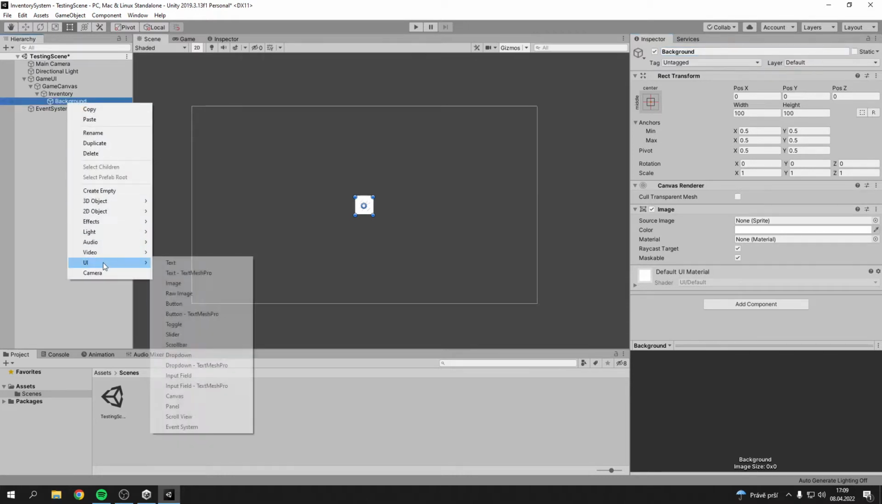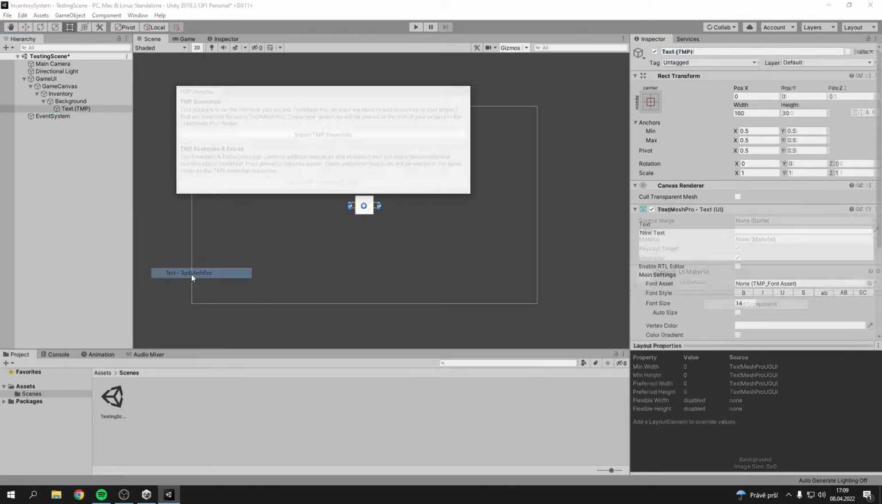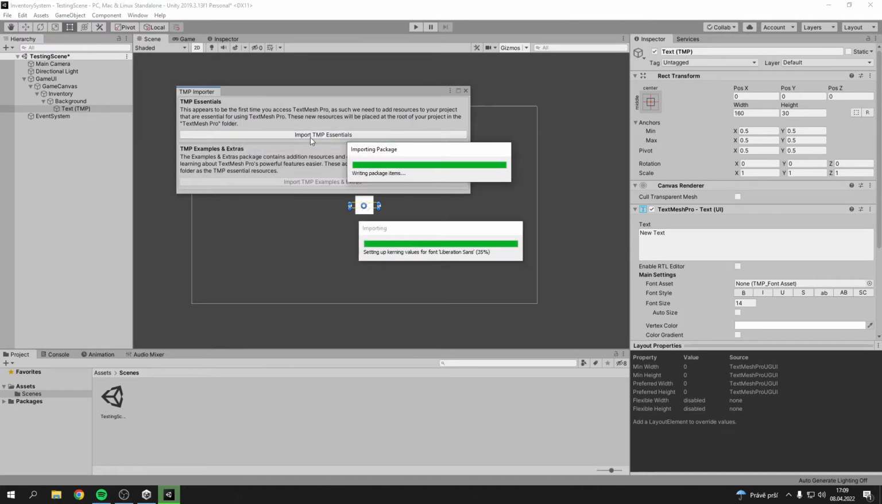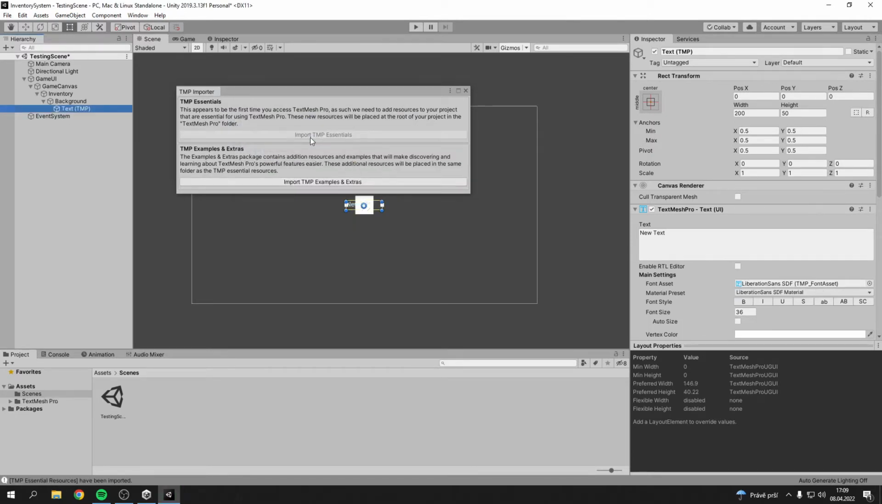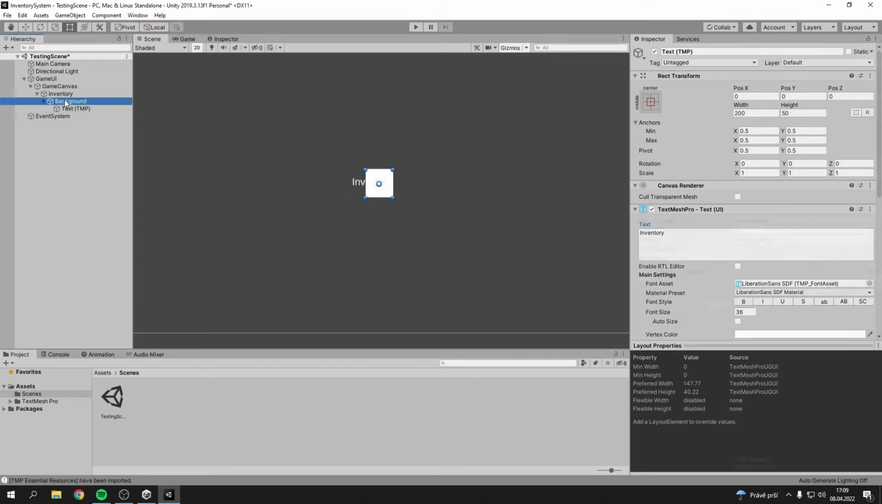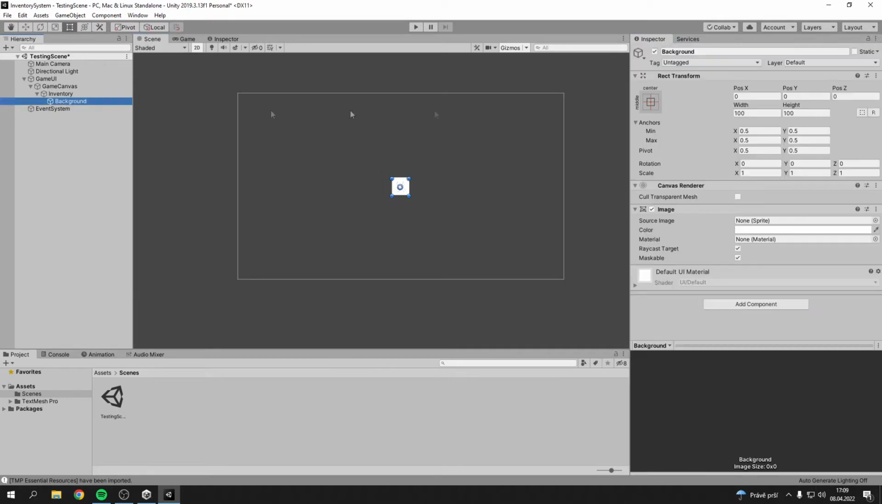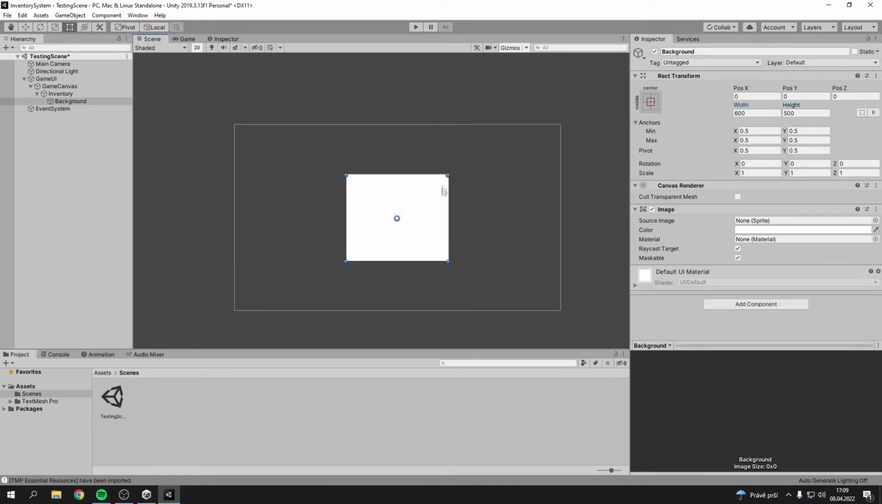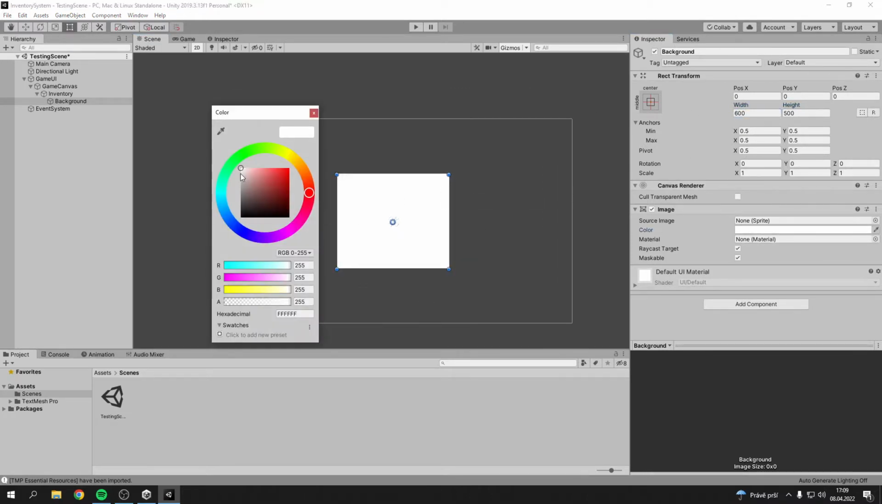We can use the text mesh pro text. We're gonna import it because it's not a part of the default Unity. When we import it, we're gonna name it like inventory. We're gonna change the background to like 500 to 500, maybe 600. Okay, I think this is good. We're gonna change the color